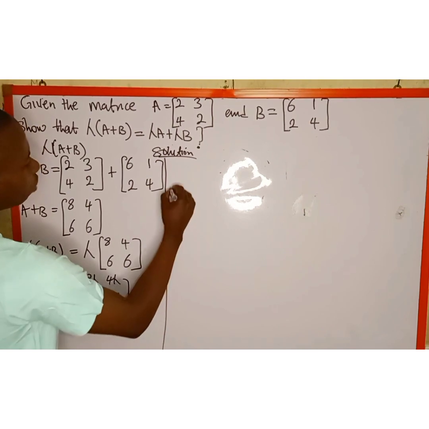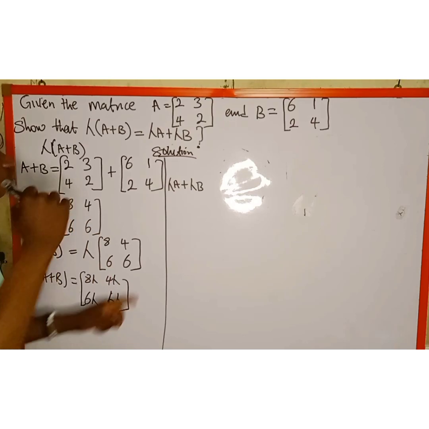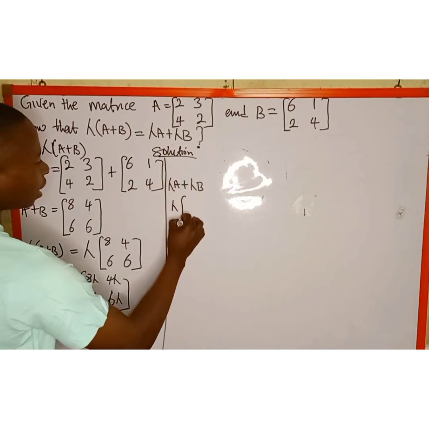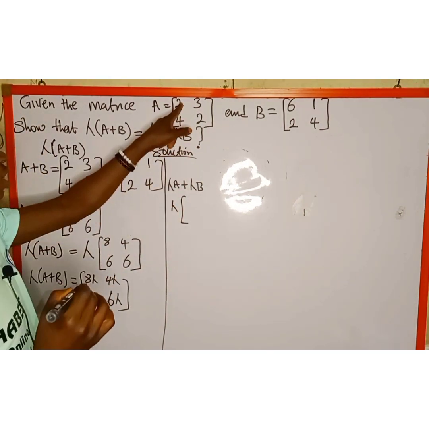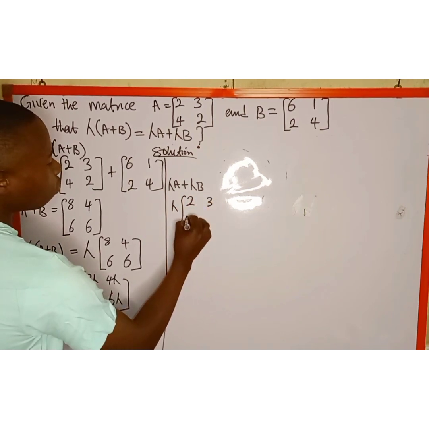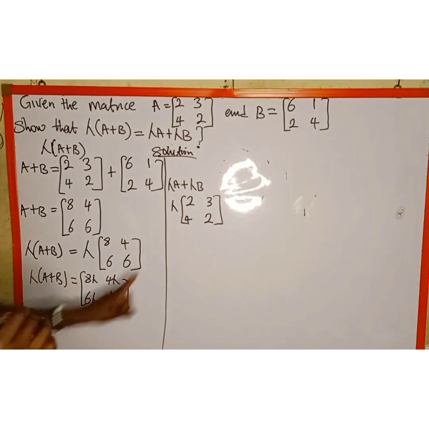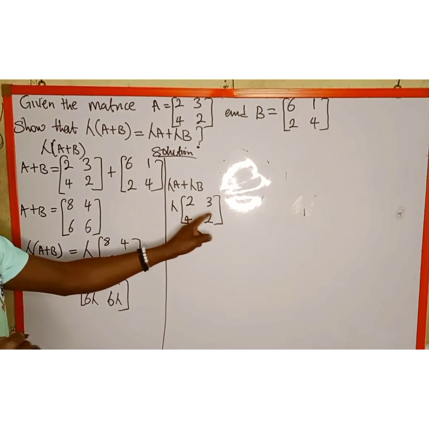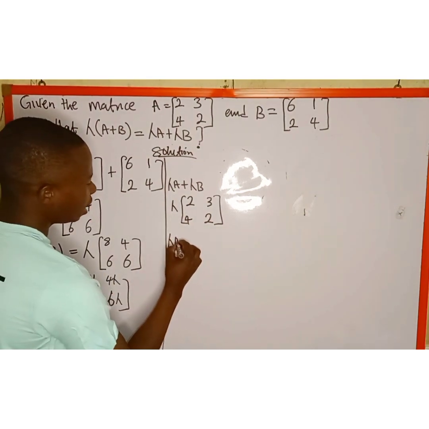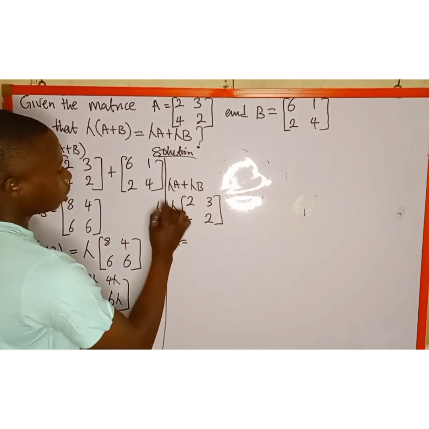From the right hand side we have lambda A plus lambda B. So what we are going to do is to solve for lambda A first. We have lambda multiplied by the elements of matrix A, which are 2, 3, 4, and 2. So this is the element in matrix A. We use this lambda to multiply each element in matrix A. So lambda A will now be equal to